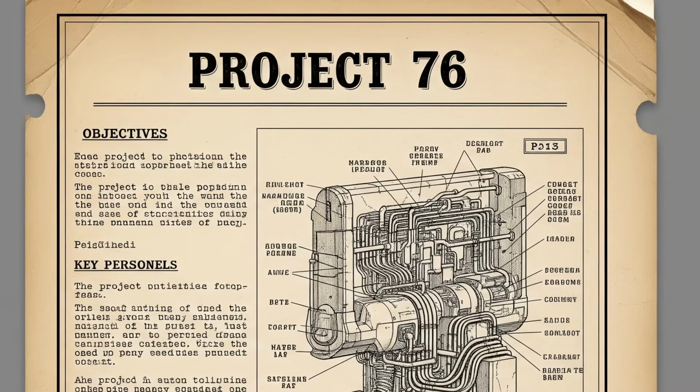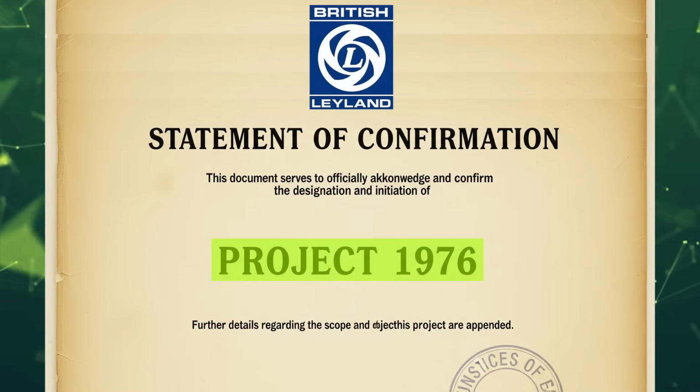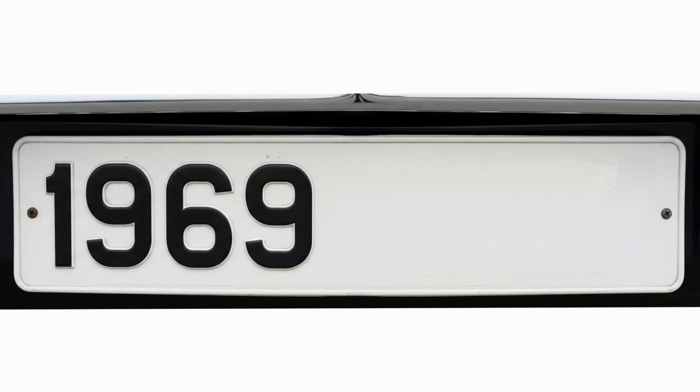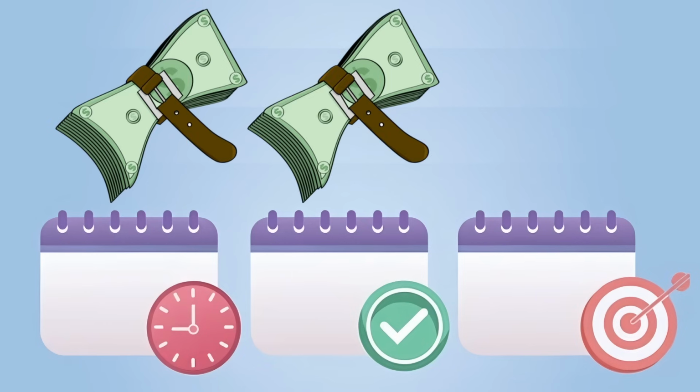The Leyland P76 was named after its development codename, Project 76, while Leyland's official statement claimed the name stood for Project 1976, although legend has it that Lord Stokes chose P76 by using the first three digits of his army service number. Work on the P76 began in March 1969 on a tight budget and a 3-year timeline, although this